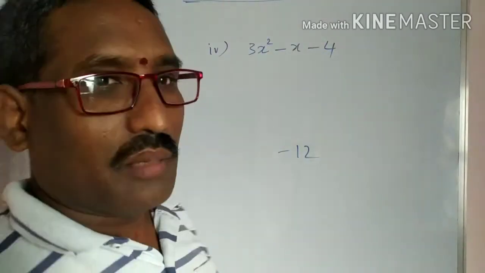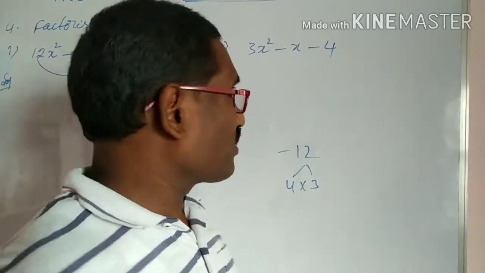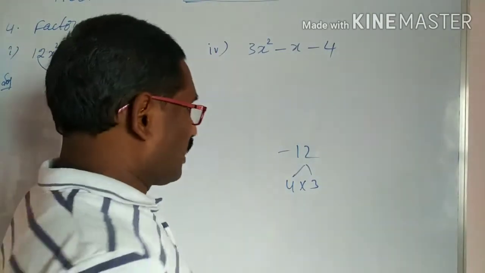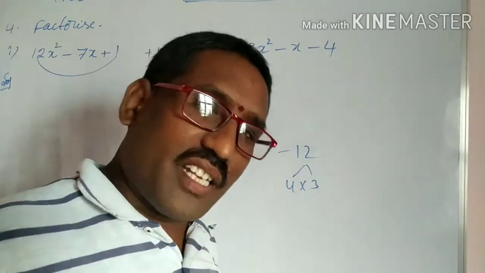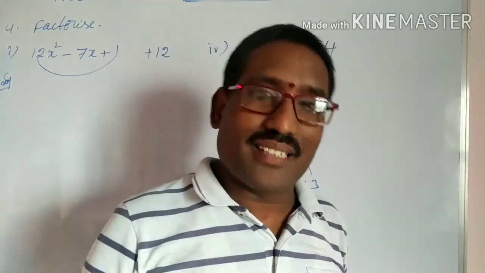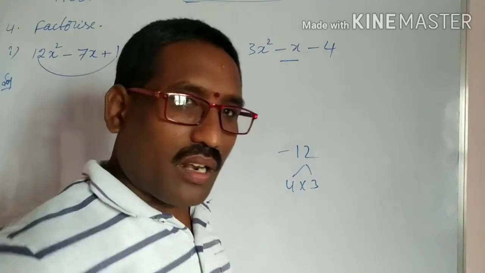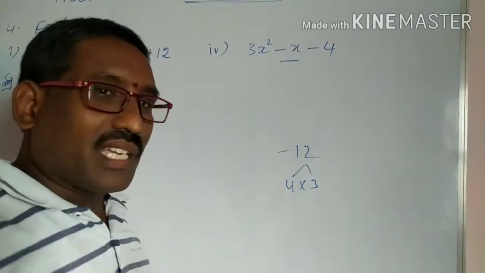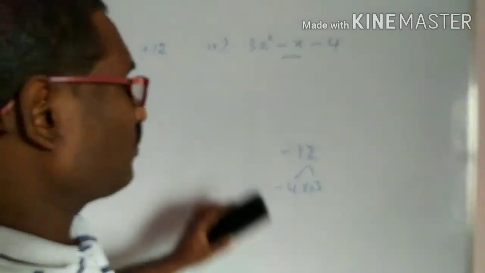But with difference, suppose the middle term is negative. For example, take the factors 4 and 3, 4 threes are 12. In these two factors, compulsory the two factors are different. Difference means one factor is positive, one factor is negative. So which is positive, which is negative, how to decide? Here the condition: what is the symbol of the middle term? Negative. Middle term is negative means the bigger factor is negative, the smaller factor positive. Like that we have to select.